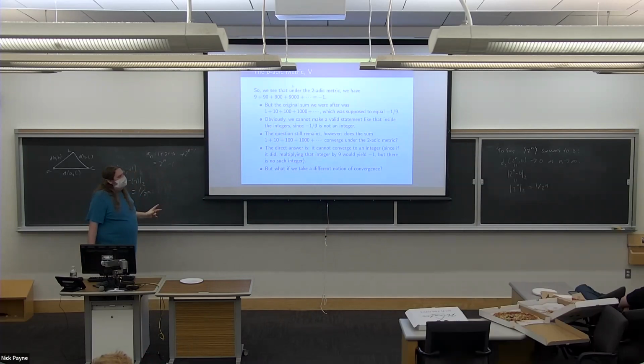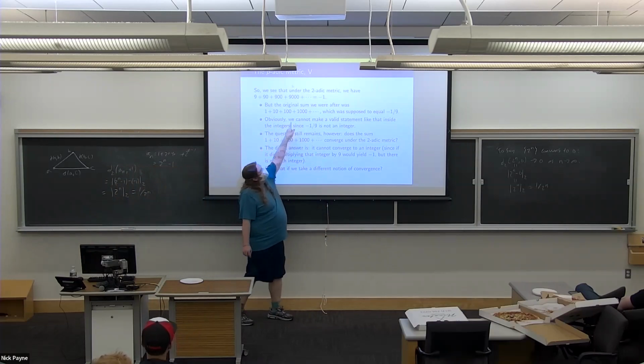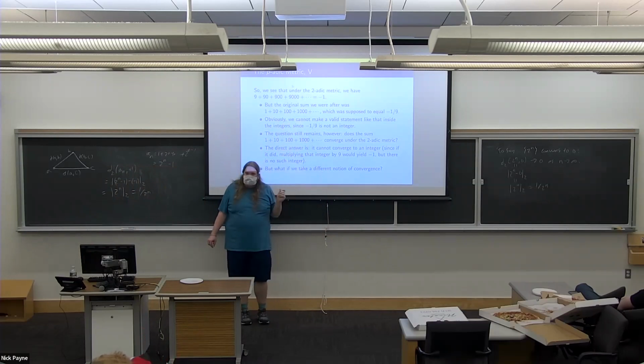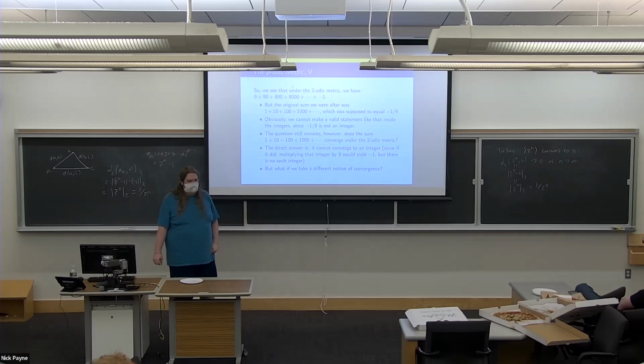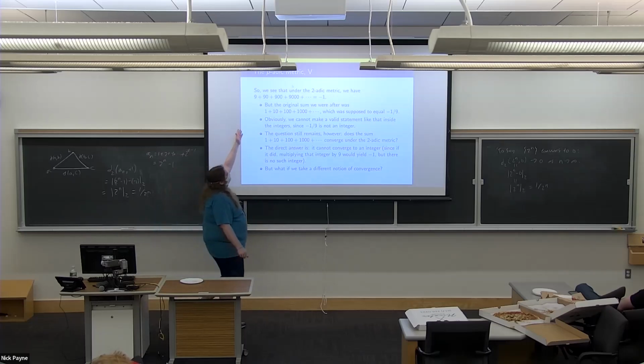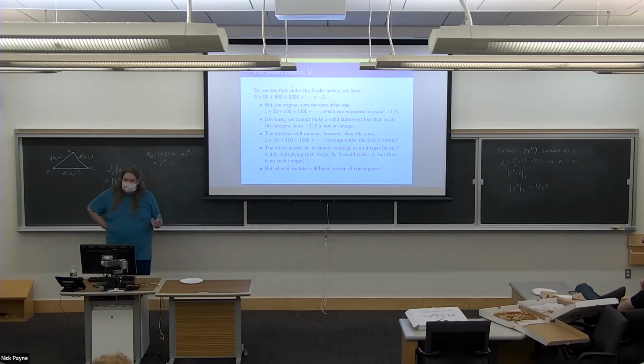Is there a way I can make that legitimate? The answer is kind of. So let me give you, directly, the answer: no. Because there's no possible limit value for the partial sums of this sequence. The reason is, if there were, it would be some integer, and if I multiply it by 9, it would have to be -1. But there is no such integer. And so this infinite sum doesn't converge under the 2-adic metric to an integer. Secretly, it should be converging to -1/9, which is not an integer.